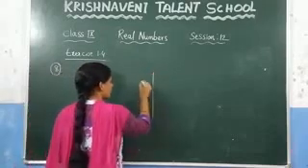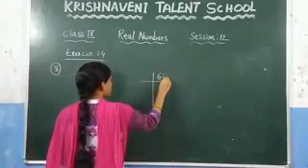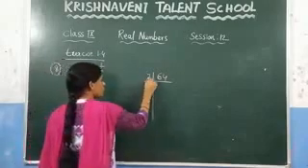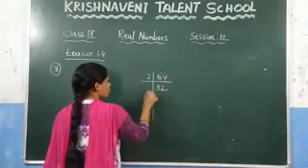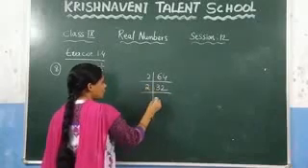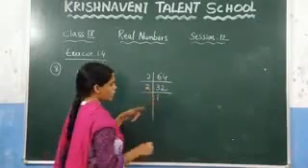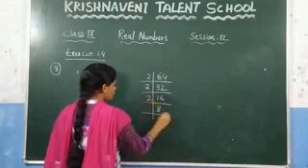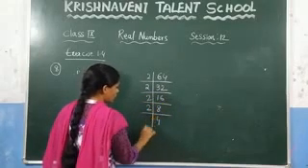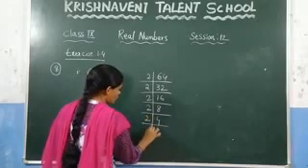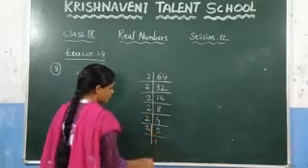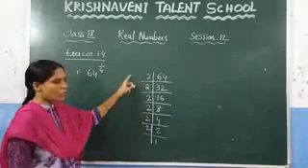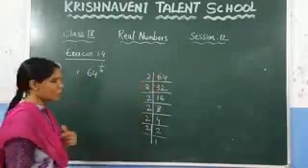You have to check it by using prime factorization. Consider the value 64. It is divisible by 2: 2 threes are 6 and 2 twos are 4. Again it is divisible by 2: 2 ones are 2 and 1 will remain. Again 2 eights are 16, 2 fours are 8, 2 twos are 4 and 2 ones are 2. How many times is 2 repeating here? 1, 2, 3, 4, 5, 6. So we can write 64 as 2 power 6.